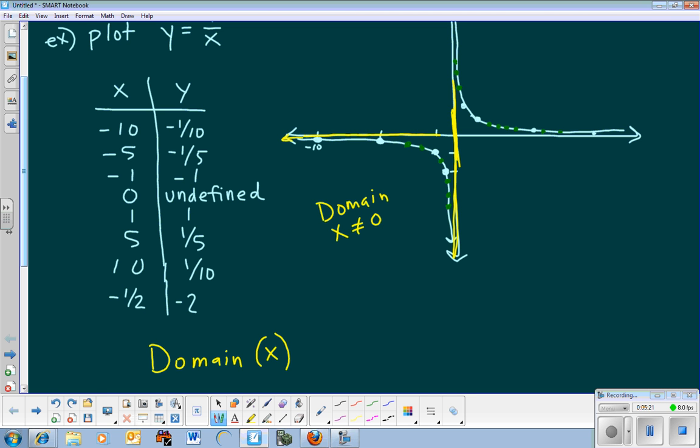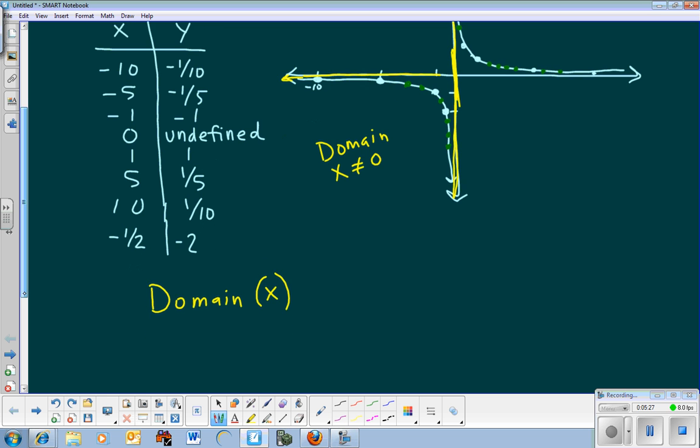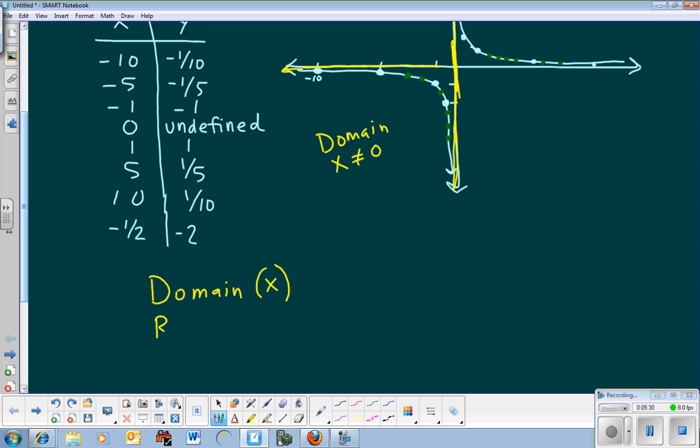You could just say x is not equal to 0 is our domain. All right, it's everything but. Now, range. If you've plugged in all the x's you're allowed to plug in, range is the y's that go